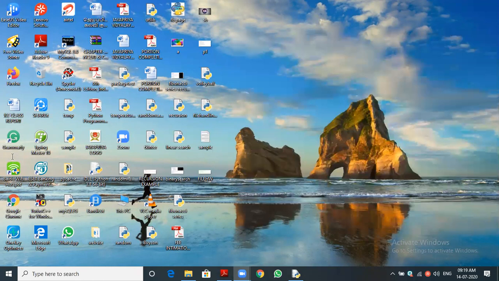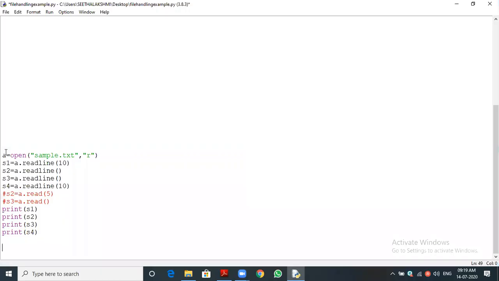Now by using the object A, we are opening the file in read mode. Then S1 equal to readline of 10, and S2 equal to readline with nothing. Readline of 10 means the first 10 characters will be read and stored in S1, for example characters 0 to 9.